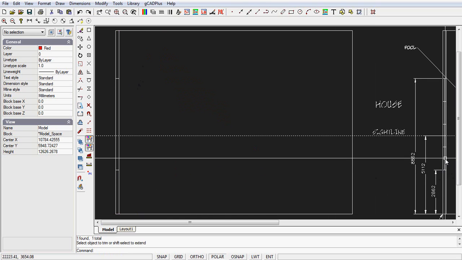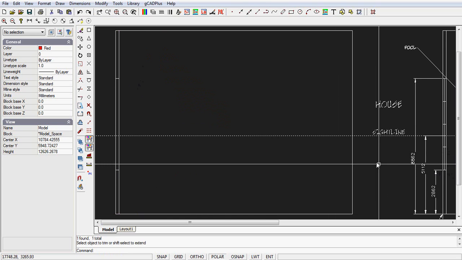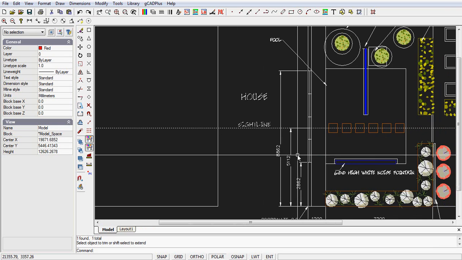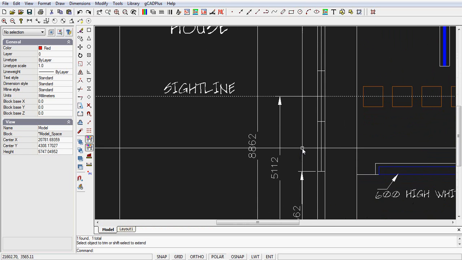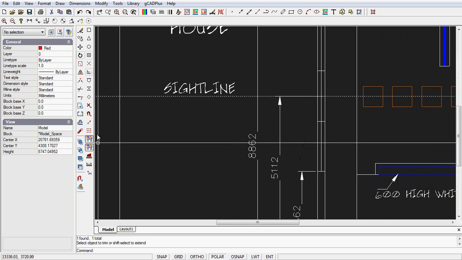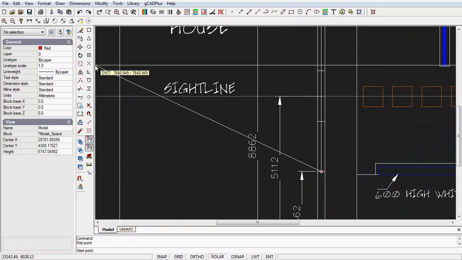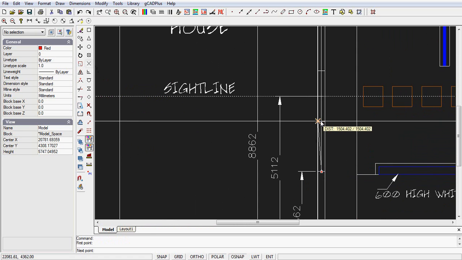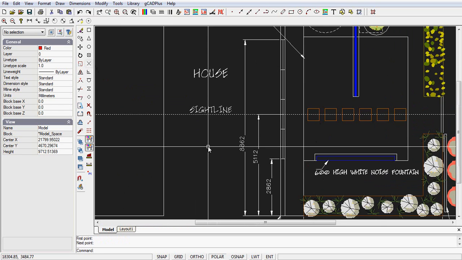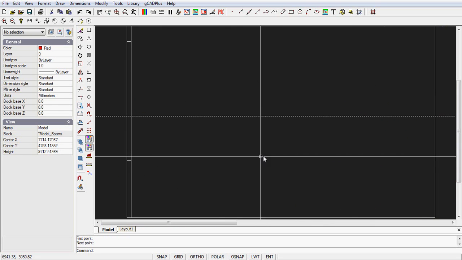Now I want to know what's the distance to the individual windows, so I can hold my wheel of the mouse down and pan across and pick my distance option, distance from an intersect there to an intersect there tells me the distance is 1500, so I can escape from there, hold the wheel of the mouse down and drag across,